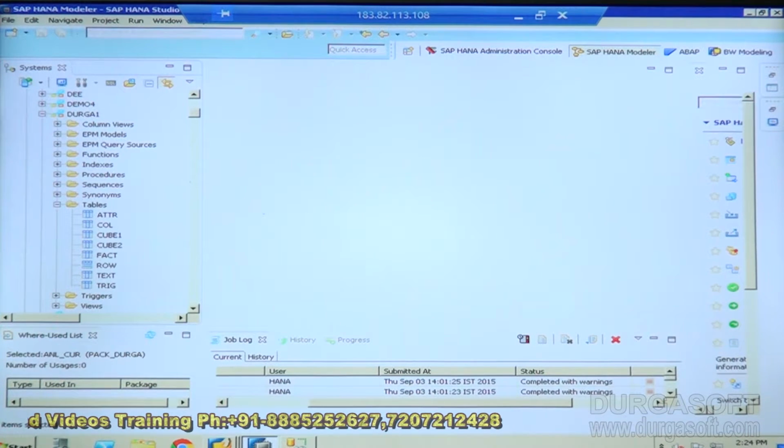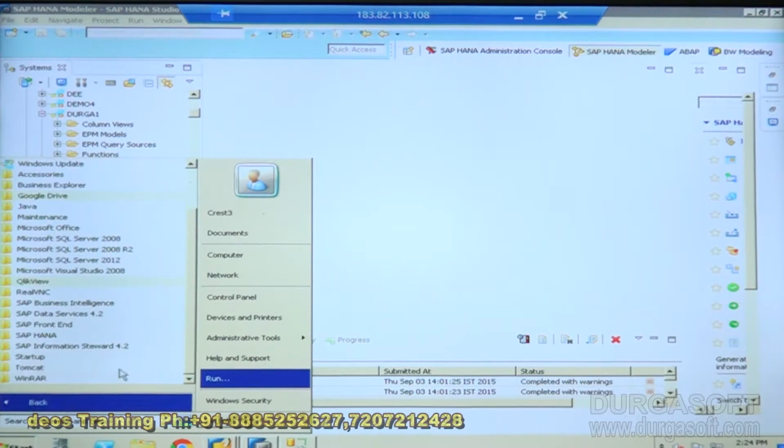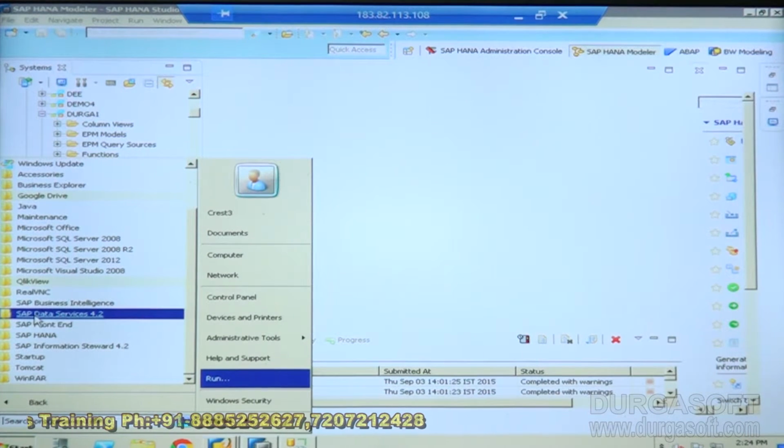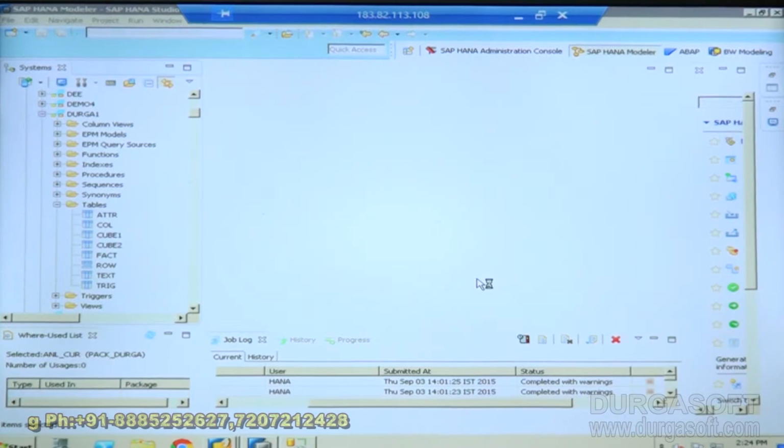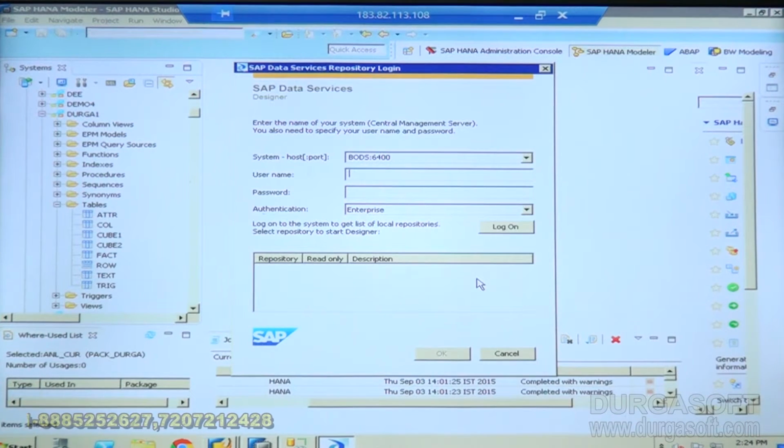So now I started the BODS, start, all programs. So we have SAP Data Services 4.2. We have the SAP Designer tool. I open this Designer tool. So I log into my user credentials. One is HANA, then ERP 1, 2, 3, 4, 5. Log on.